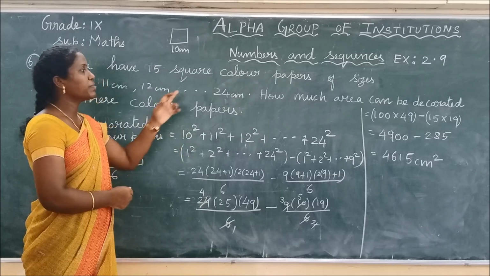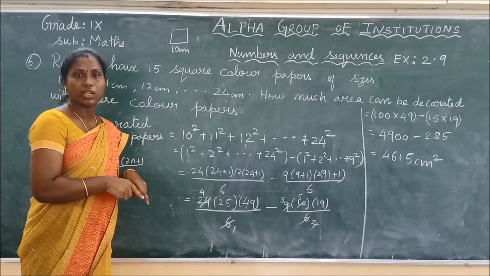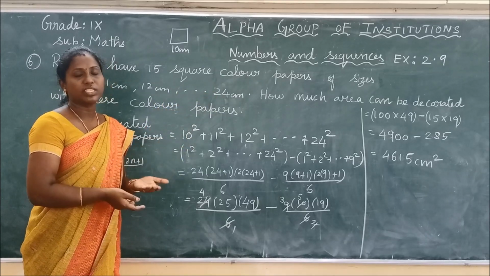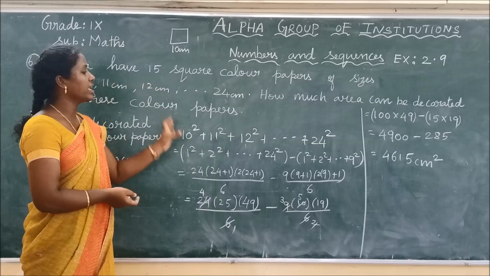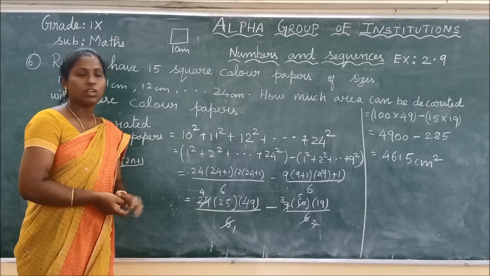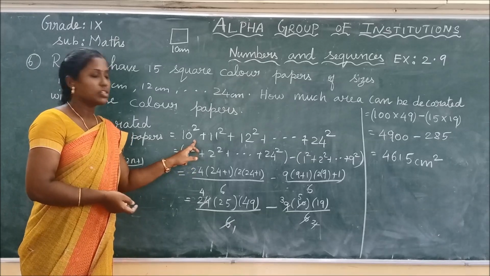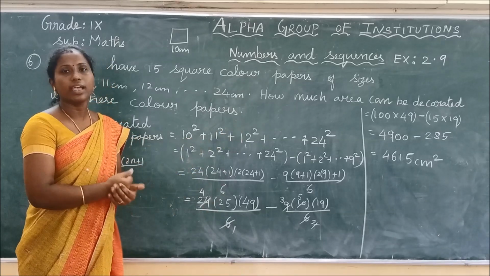Okay, so see the question, they have told us indirectly that we have to square each number and add it. Here they are speaking about the color papers and the area that should be covered. So area of the square is side into side. We have to square each side. So we are squaring and adding each side to get the total area. So it's from the special series, and based on the special series formula, we got the answer.